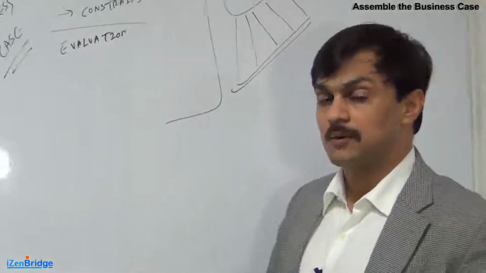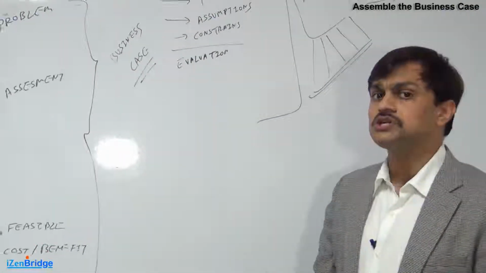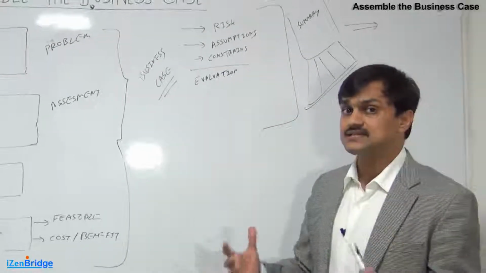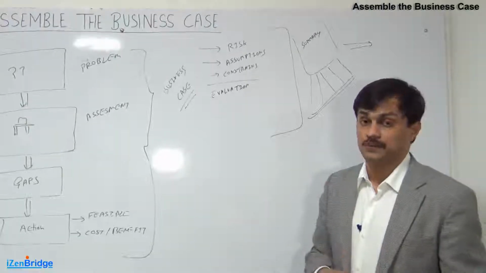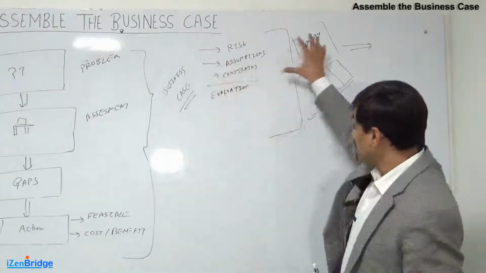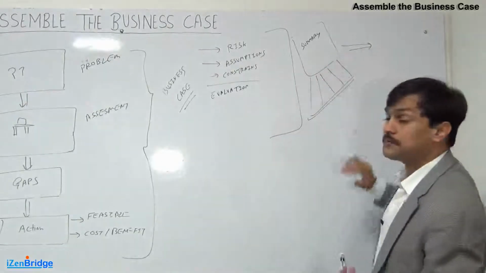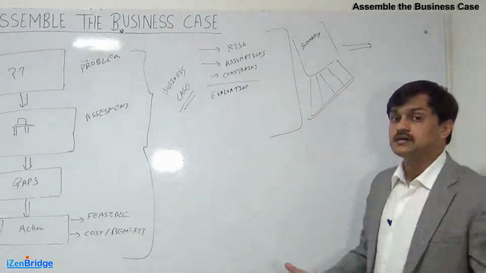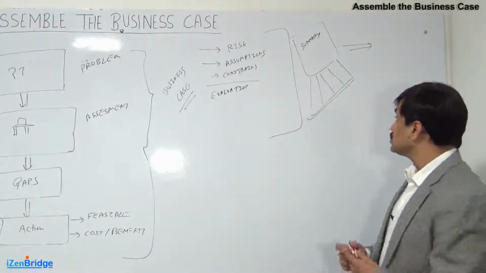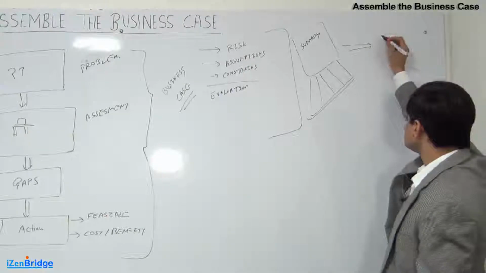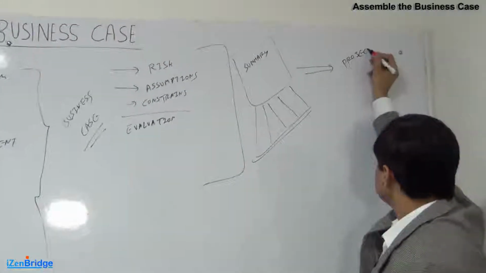So for example, like I was giving the PMI PBA example in my previous videos, we assemble all this information and we come up with that it's a very profitable option that we should develop a business analysis program which can help candidates to get a PMI PBA certificate. And if the financial projections and everything make sense, we will trigger the project which will provide us an online content for PMI PBA certificate. So this business case triggers the project via the project charter.